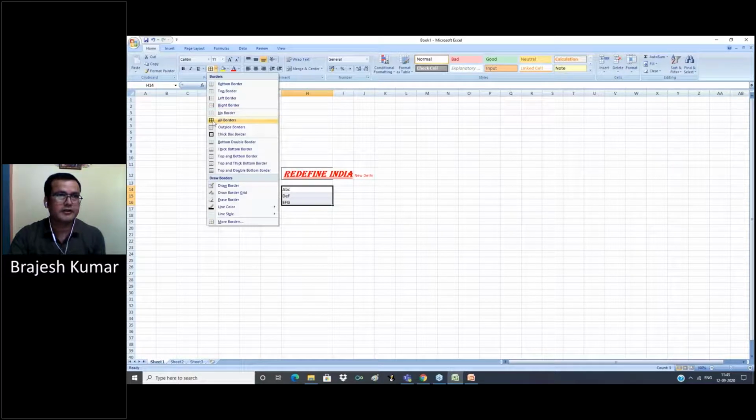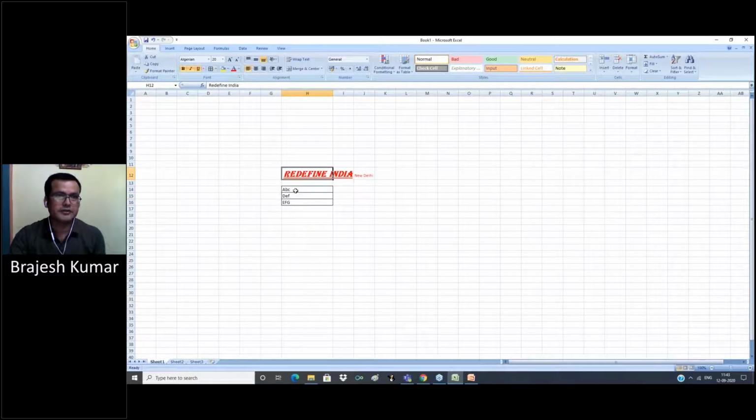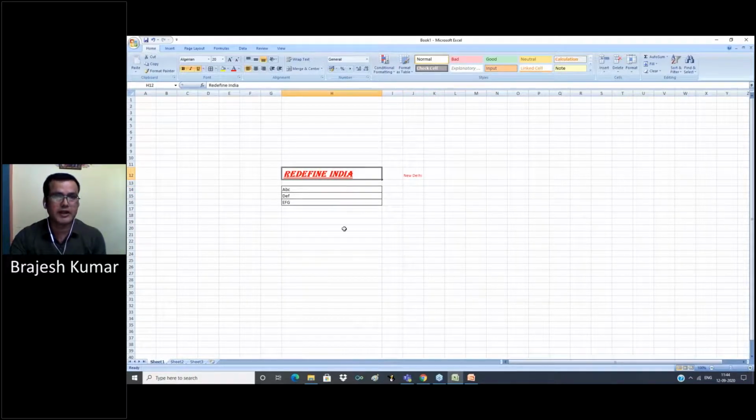Then we select here and apply. We can show data in a good way. Now it looks good. So format is mainly used to format your data so that it looks good.